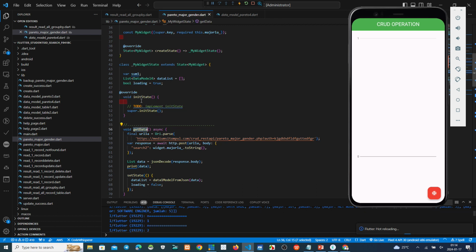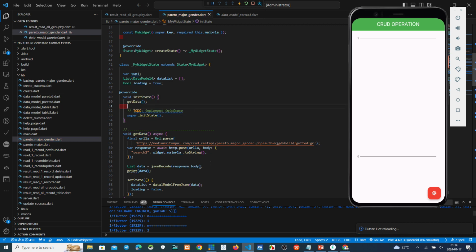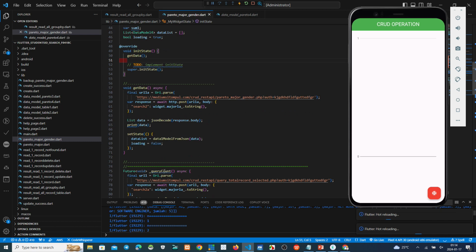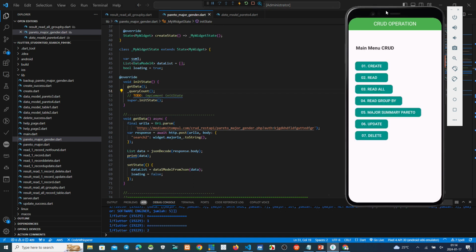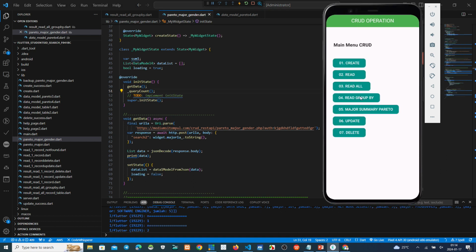To get the value, we must run it here, and also we get the query count here. Query count, we must run here. Okay. Try again.